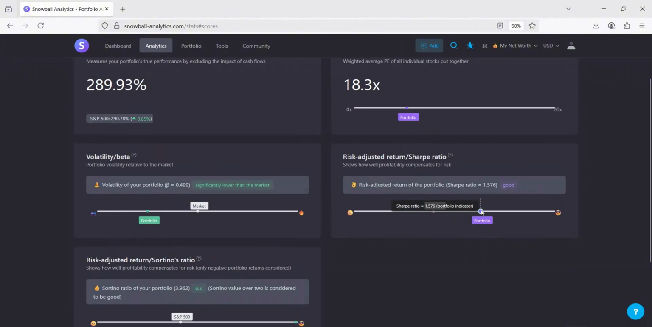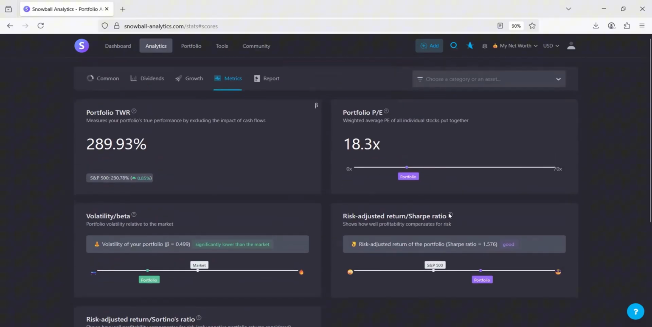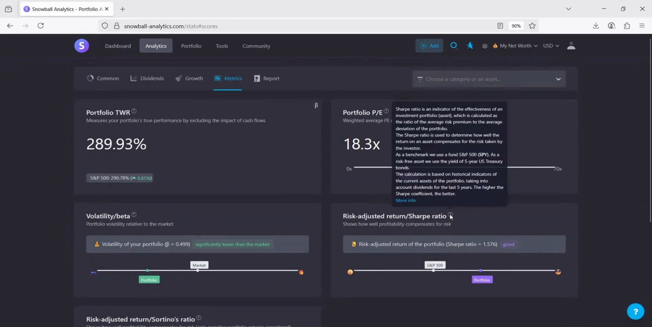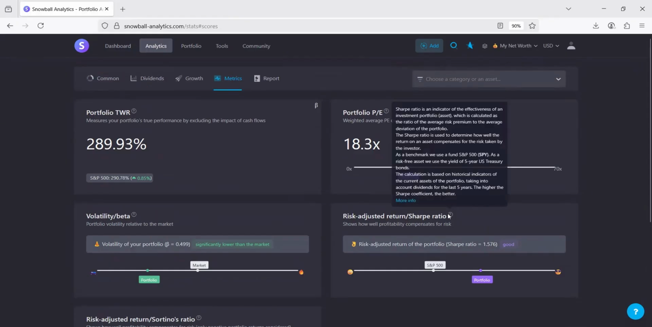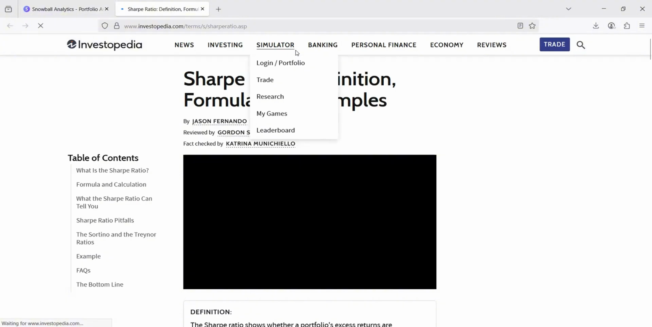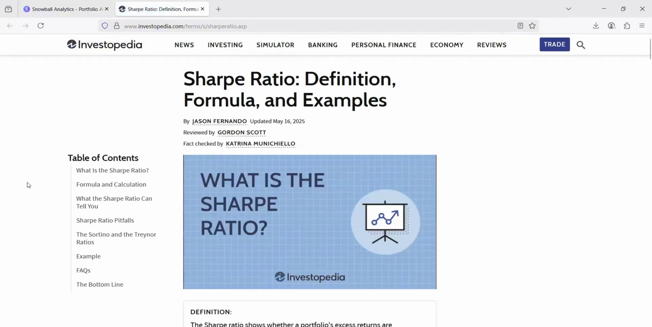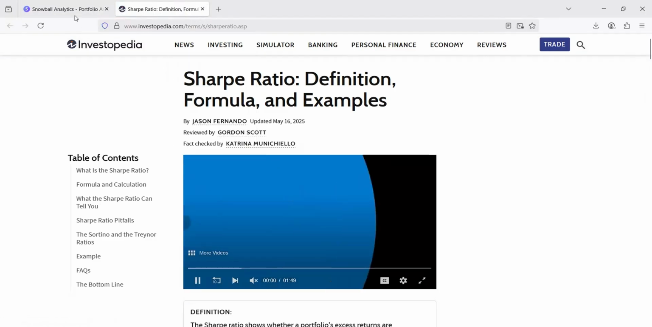So it measures you against the S&P 500 to show you how you're stacking up. And they do give you more information on that, and they'll provide you with articles. If you really have questions, you can click out, and it goes into Investopedia to give you definitions and whatnot. So